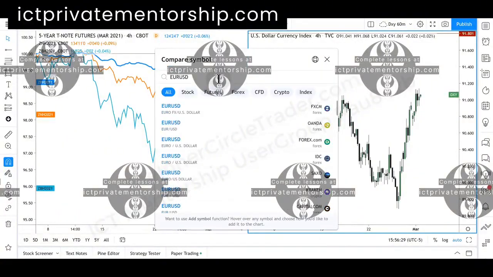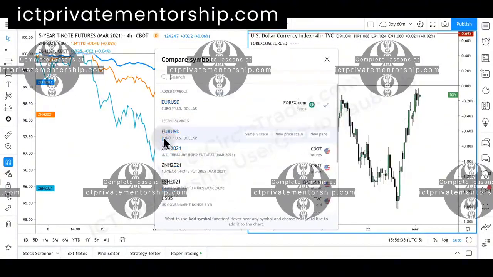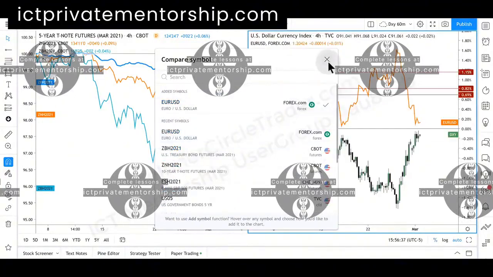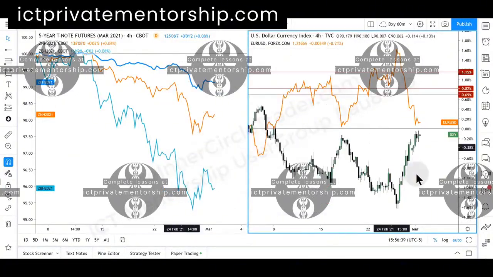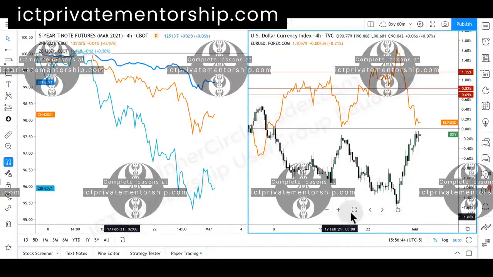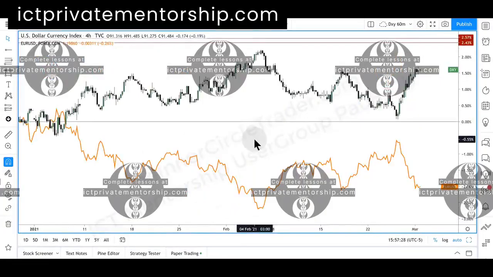Don't hit return. Make sure you're grabbing the right one, forex.com. See it right there? That's the one we want. Okay, so that's overlaid. And you can see, let me make it bigger. What is it doing? Like, what's the purpose of having this? Well, you can see we had the euro dollar